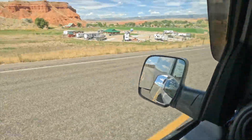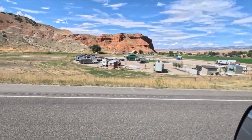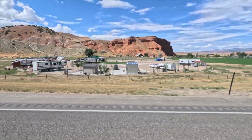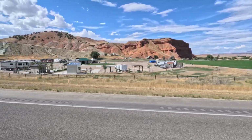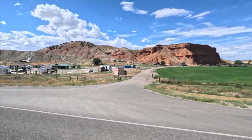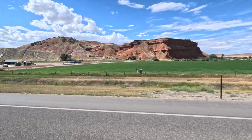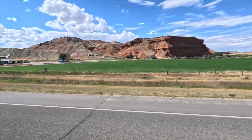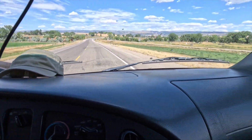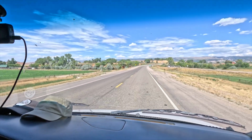So we're just going into Ten Sleep, and this place here is pretty common. Ten Sleep Brewing is actually a local microbrewery, and they used to just allow camping in their parking lot, but now they have an actual little RV park there. Tap hours Monday to Sunday. Tuesday I didn't catch, but hey, it's local and well known and pretty popular. So if you're in Ten Sleep and want to check out a microbrewery, that might be it. But other than that, it's just right on the outskirts of Ten Sleep, and we'll be coming into that little